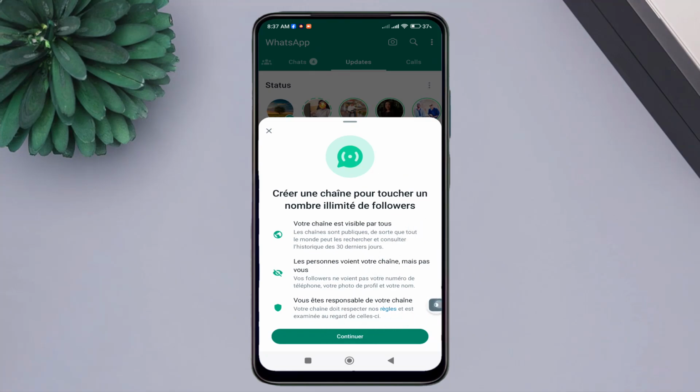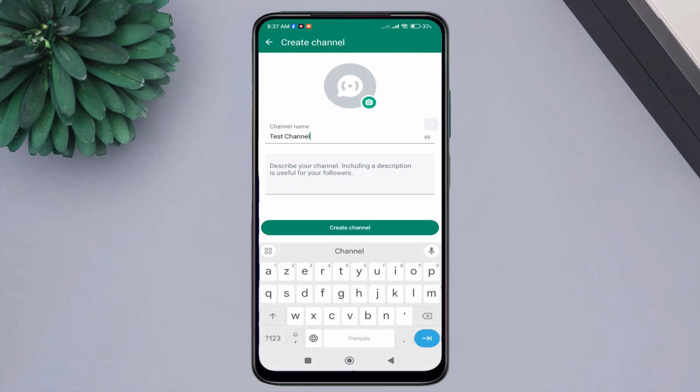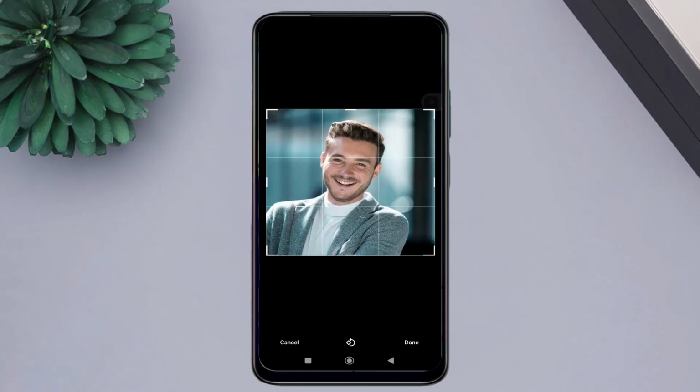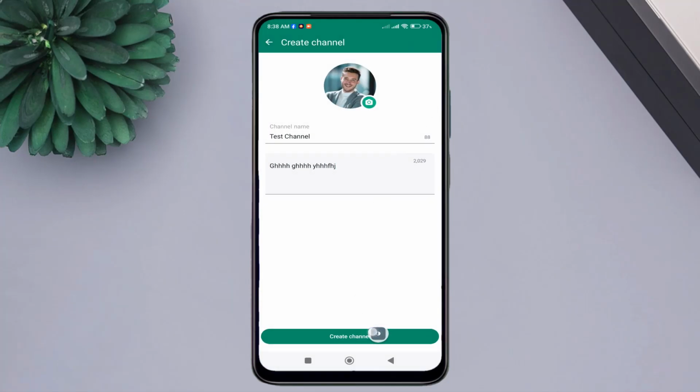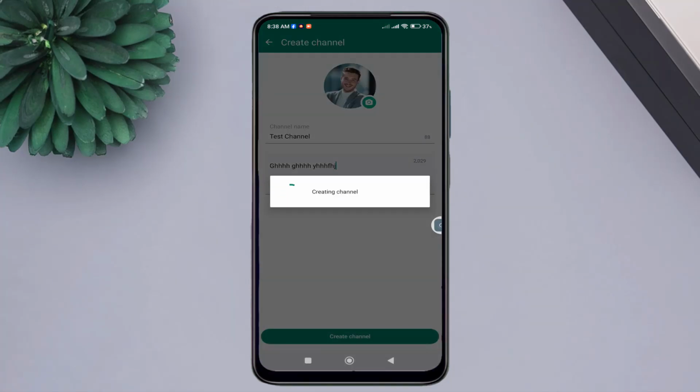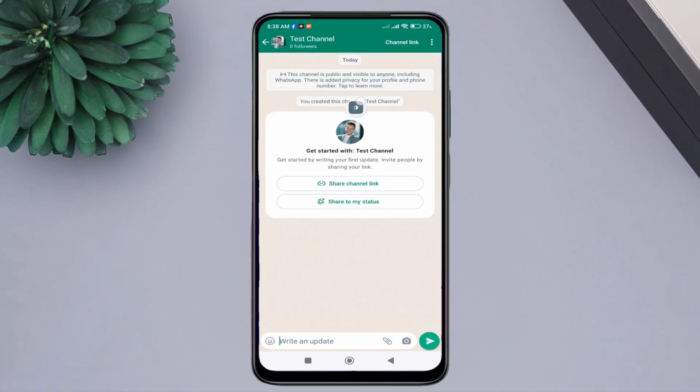Click on Continue. Enter the channel name and add a description for the channel. You can add a channel image from here. Now, click on Create Channel. The channel has been successfully created. All you need to do now is copy the channel link and share it on social media platforms or share